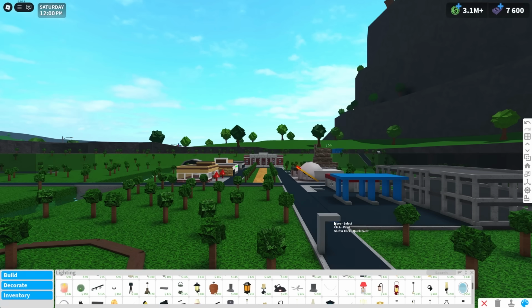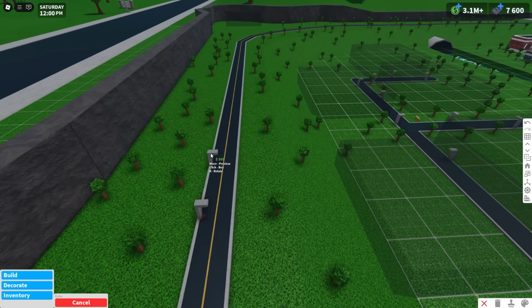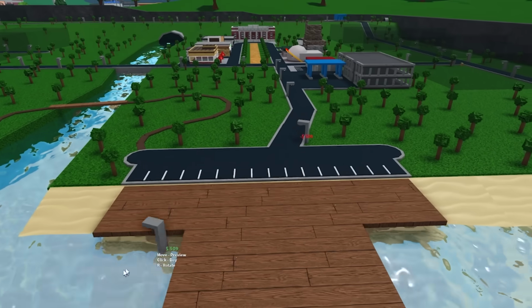Okay, I'm gonna add some streetlights in here, and there we go. Okay, I have some streetlights in. I can definitely add them in up here too. So now that we have lights in the map at least, I think it would be good to work on